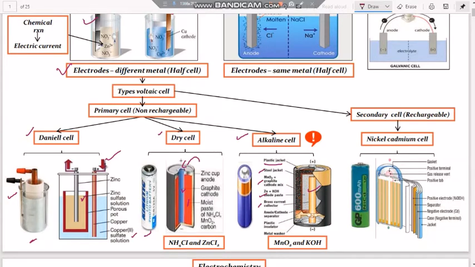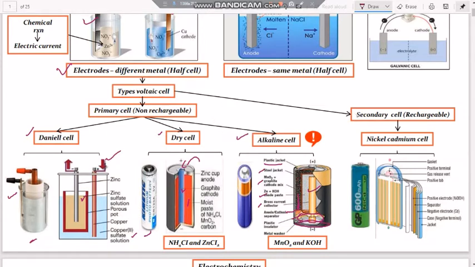An anode cathode separator is also present here. This is the anode cathode separator, and a plastic insulator is also present at this location. And we have a metal washer present down here. As you know, this is also one of the most important diagrams of the primary cell, the non-rechargeable alkaline cell.